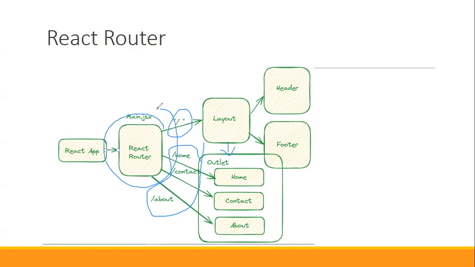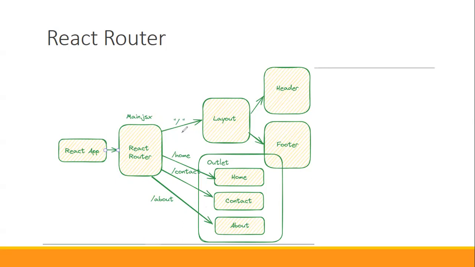You can create a separate file if you wish, but in today's example, we have maintained everything in main.jsx. If you want more modularity, you can go ahead with a separate routing file and import it. So in short, React Router is a library or facility which maintains the linking, how to call a particular